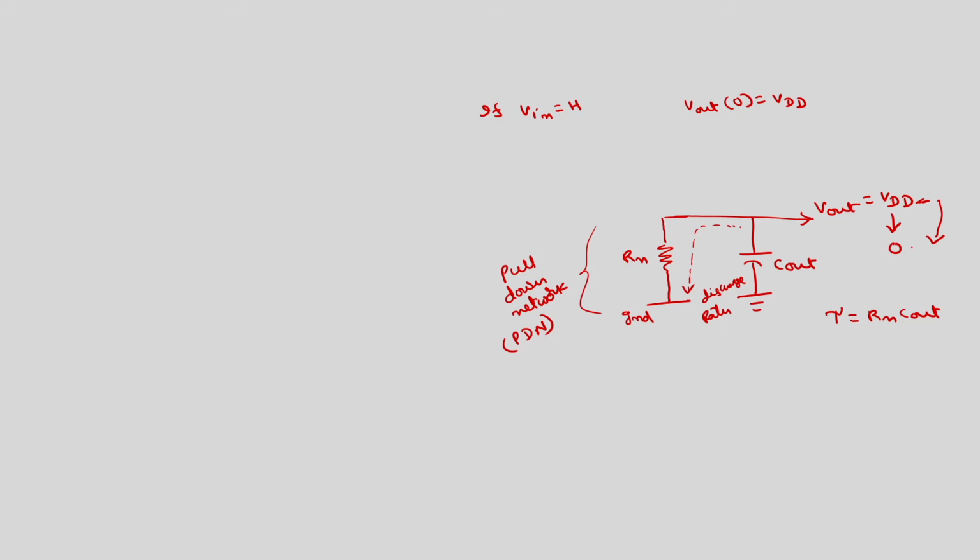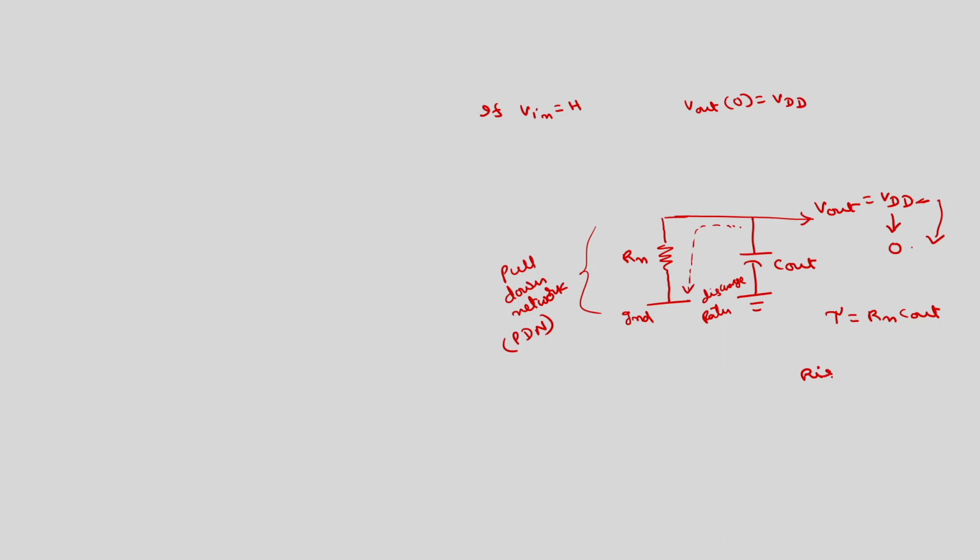So, using these equivalent circuits, we can also derive the expressions for the propagation delay, rise time, fall time, because in some cases using the CMOS primitives, we have to mention the propagation delays of the NMOS and PMOS devices also. Okay. So, for that we should know what is rise time, what is fall time, what is propagation delay. These are called delay times. So, in order to derive these delay times, we have to know what is fall time, rise time and propagation delay. This we will discuss in the next lecture.